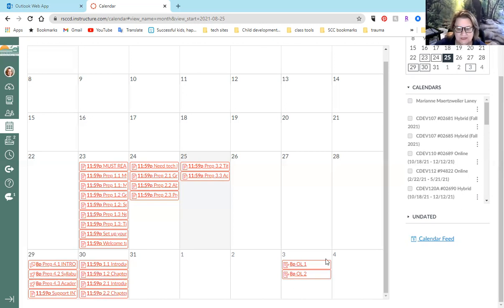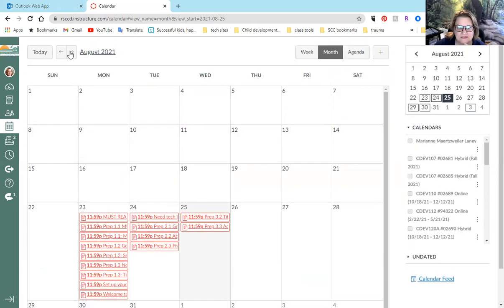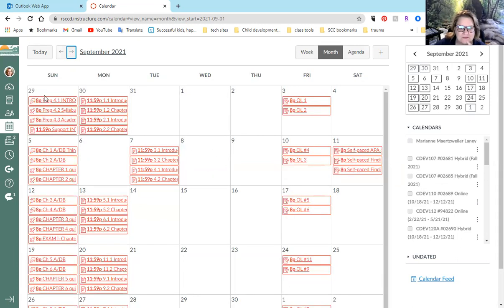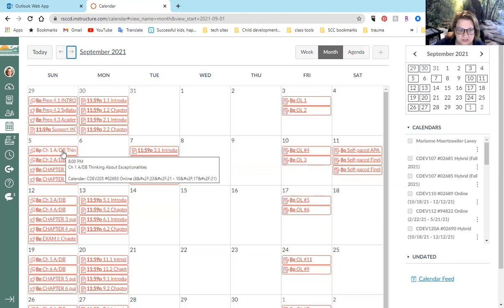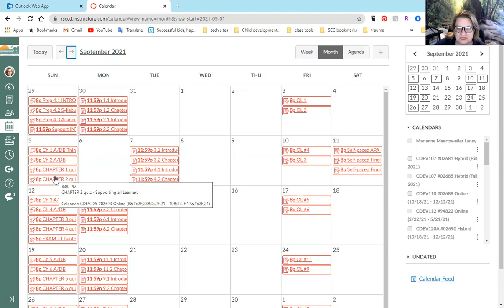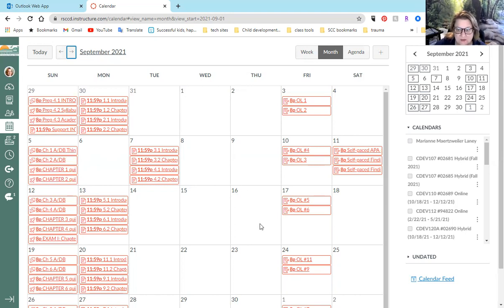Outline 1, outline 2. As we go into the next month, September, you'll see it here when I populate it. After we have an introduction and outlines due, you'll have your discussion board, but I'm going to update that one, which is why you can't see this stuff yet. I'm combining these two. Then you'll have a quiz, and then the reflection and an optional survey. That's why I say I still polish stuff.